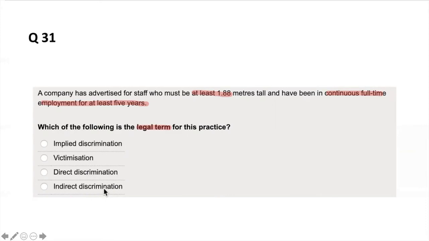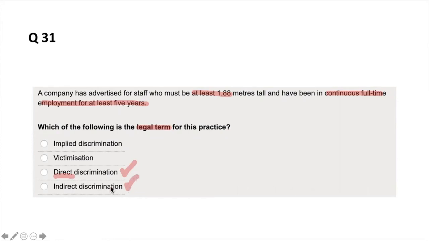Now, to understand this a little bit better, let me give you some quick definitions of these. Discrimination, for example, is when actions based on conscious or unconscious prejudice favor one group. Direct discrimination occurs when an employer treats an employee less favorably than another, possibly because of race, gender, age, or whatever. So that's direct discrimination, just to make sure we know what everything is. Indirect discrimination is when a working condition or rule disadvantages one group of people more than others.